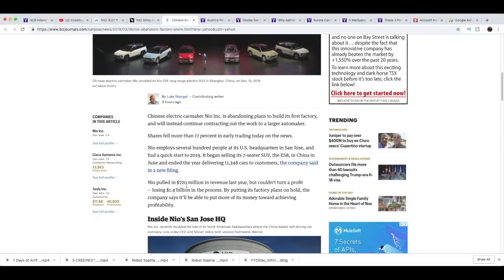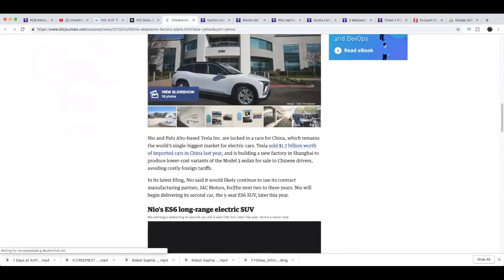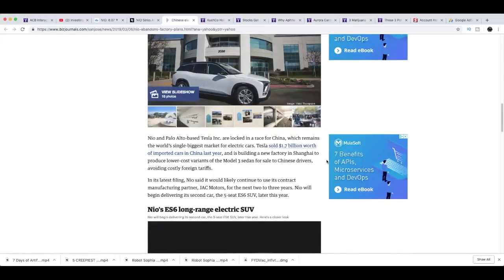So NIO pulled in $720 million in revenue last year, but couldn't turn a profit, losing $1.4 billion in the process. By putting its factory plans on hold, the company says it'll be able to put more of its money towards achieving profitability. Obviously, investors aren't happy with that decision. On the other hand, Tesla sold $1.7 billion worth of imported cars in China last year and is building a new factory in Shanghai to produce lower cost variants of the Model 3 sedan for sale to Chinese drivers,